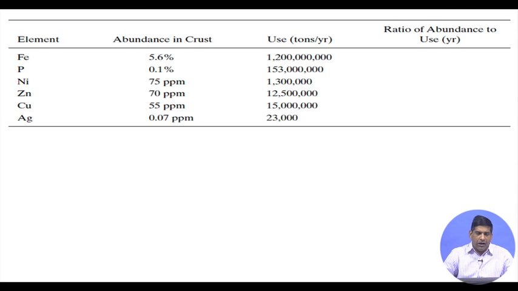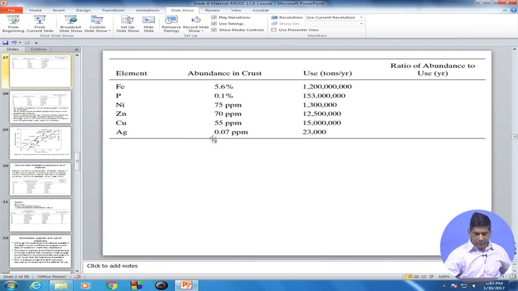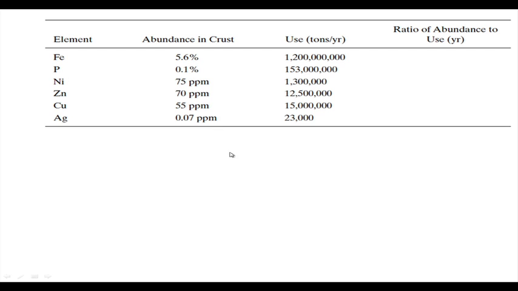these elements, if you can see here which one is showing more abundance, as you can see in this particular table, iron, phosphorus, nickel, zinc, copper, and silver, for these, they are at different levels, so that's why they have been picked up. So abundance in crust is from that first table that we looked at, and then the uses per ton is in the second table. So based on how much we are using,